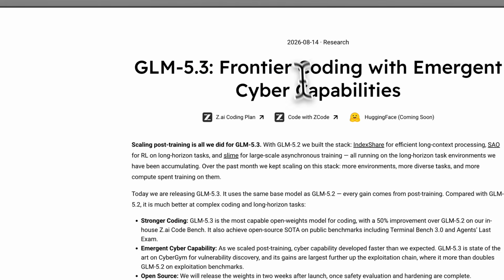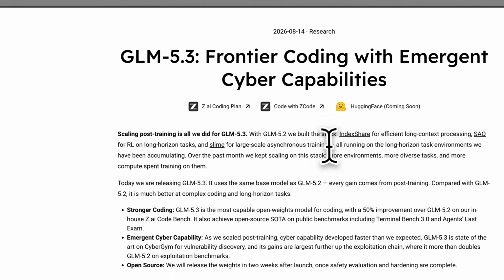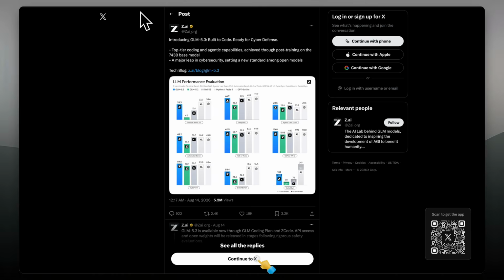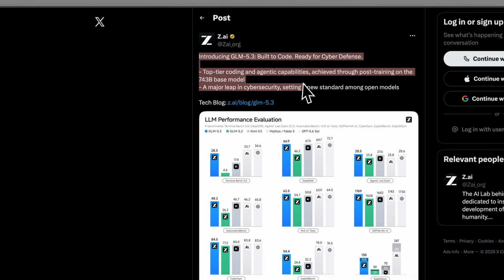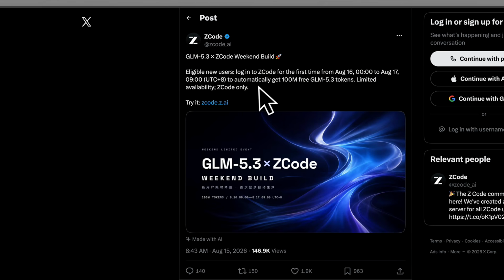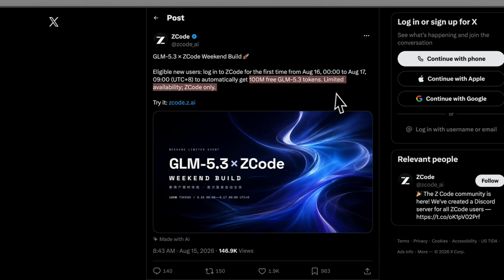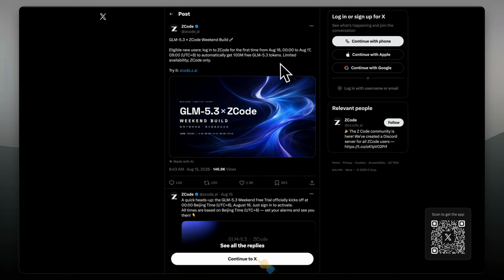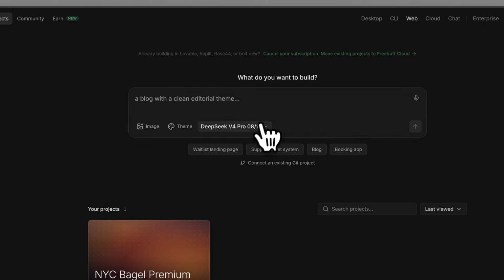As you know, GLM 5.3 just launched, and right now there's a way to use it completely free inside ZCode. ZCode actually offered users 100 million free GLM 5.3 tokens for its weekend promotion, and even if you miss the full 100 million token drop, new users can still get free GLM 5.3 credits. But that's actually not the only free coding model I want to show you, because later in this video I'm